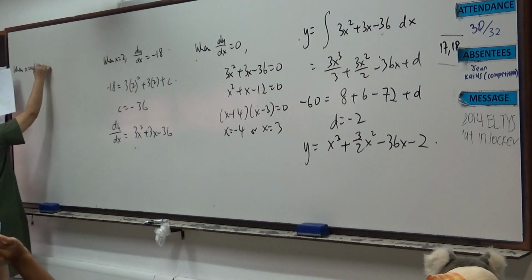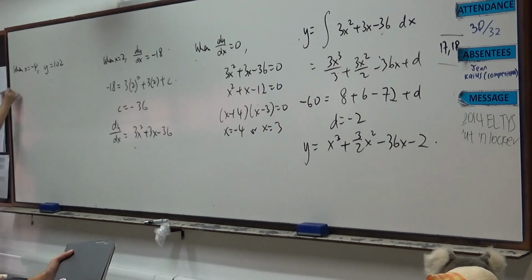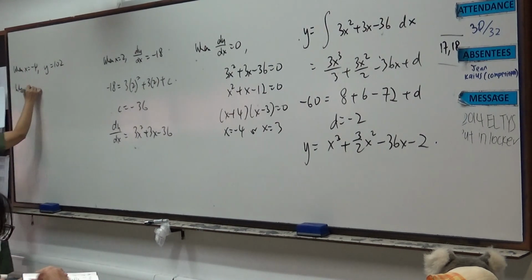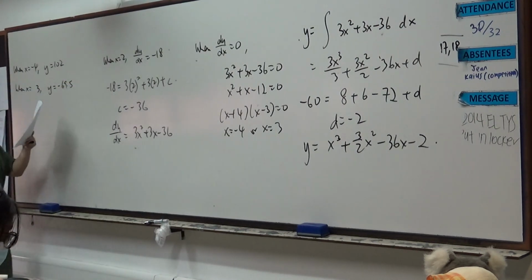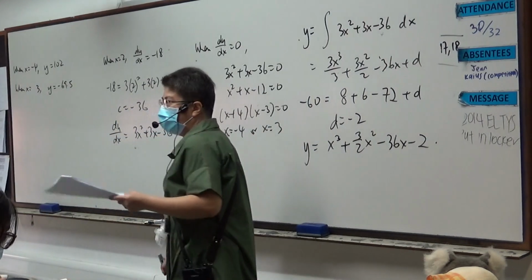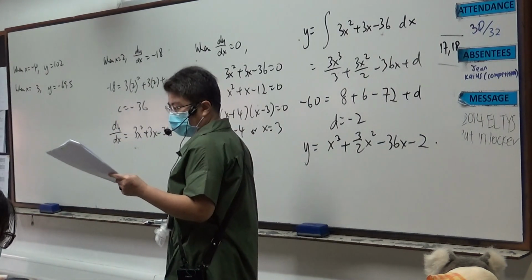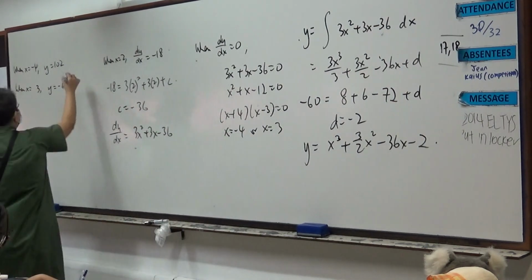When x is negative 4, y is 102, right? So when x is 3, what is your y? Negative 69.5, right? Or negative 69 and a half. You can give it in formal fraction also, okay? Doesn't matter. Can or cannot? Okay, now plus. This is the point,